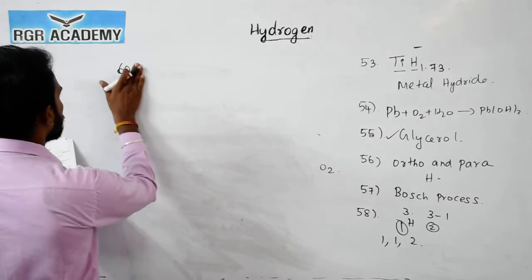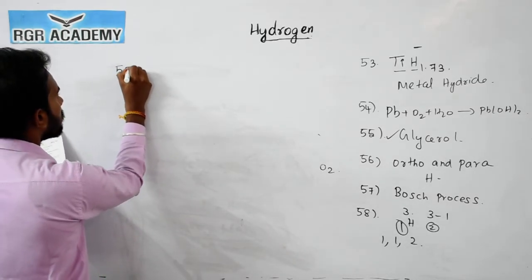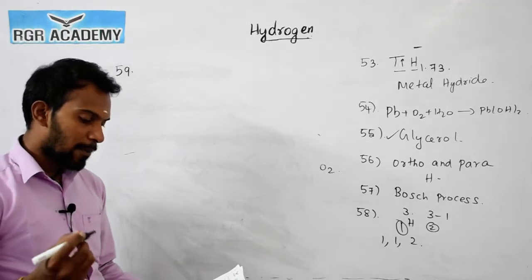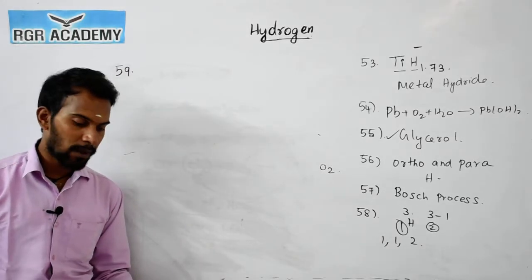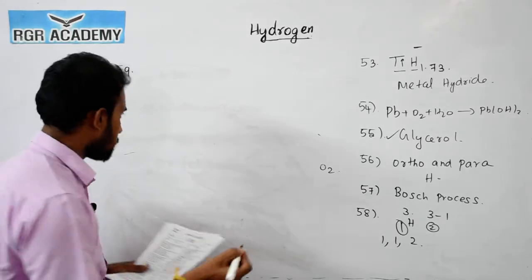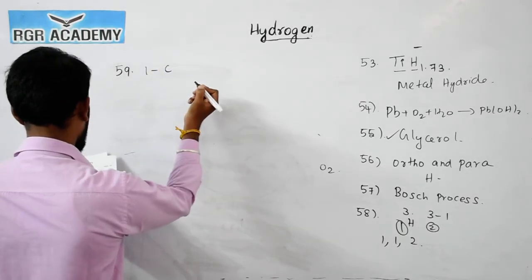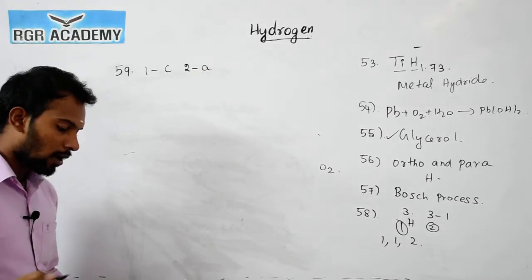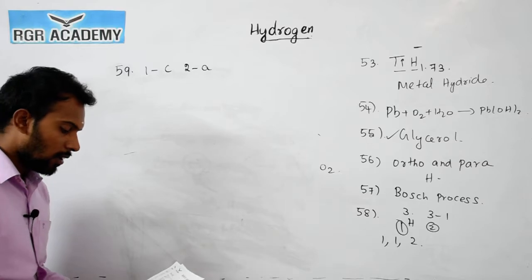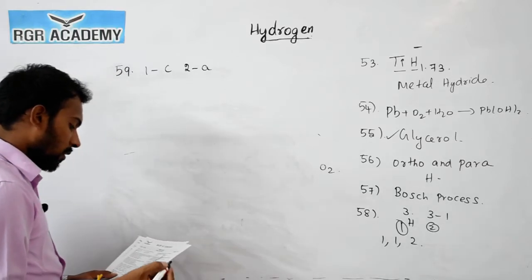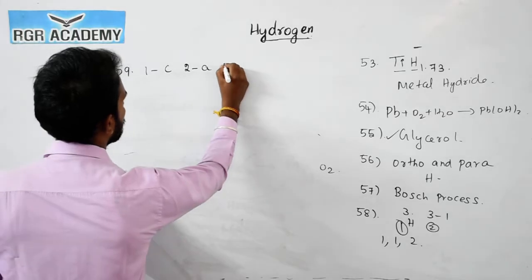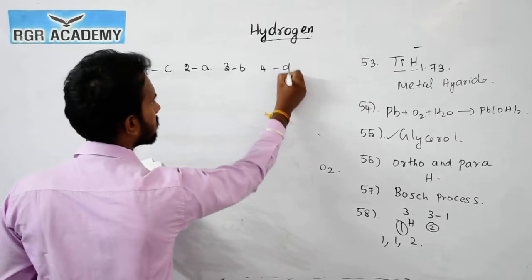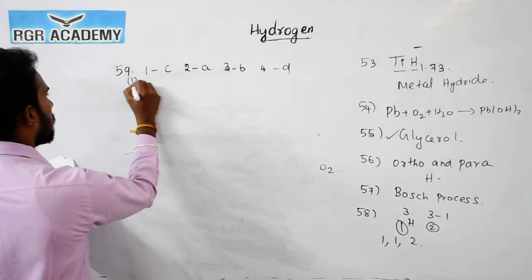So 59, right? Here the heavy water, which is called D2O; then temporary hardness of water, which is the presence of bicarbonates of magnesium and calcium. So the answer is 1C, then 2A, since temporary hardness of water is due to magnesium and calcium in water. Then the third one, soft water, has no foreign ions in water. So 3B, then 4, the last one, is D. So for question 59, option 1 is the right answer.